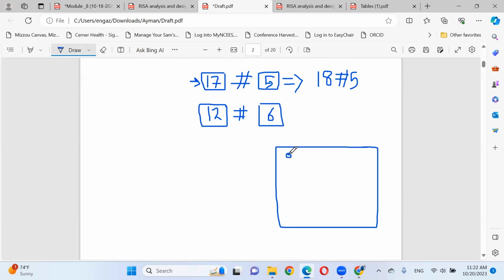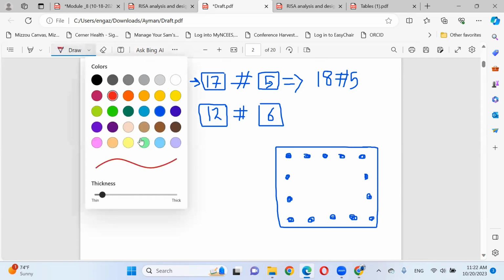Because if you provided a number of rebars here, for example 5, you have to provide 5 on the other side. That means your number will be 10, an even number. If you provided here 4 rebars, you have to provide 4 rebars on the opposite face.